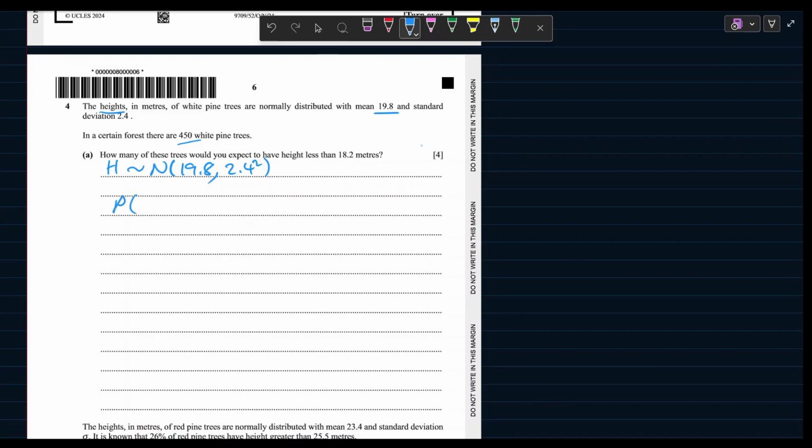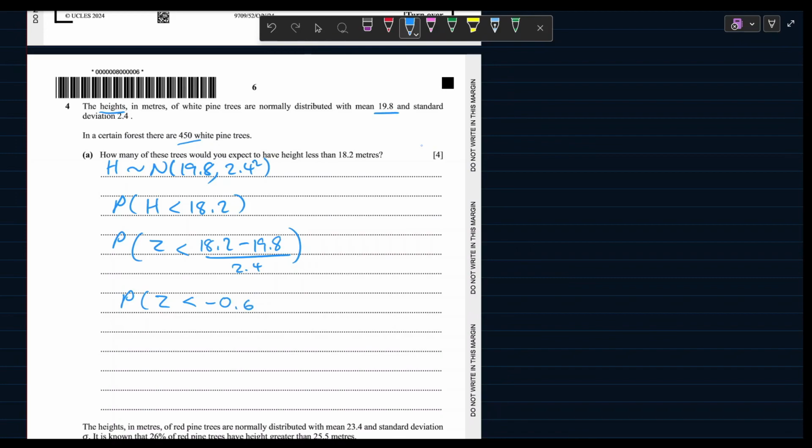Okay, so let's find the probability of one of these trees having a height less than 18.2. So let's standardize. That's going to be Z is less than 18.2 minus 19.8, and this is over our standard deviation 2.4. So that's the probability that Z is less than, let's punch that into the calculator, 18.2 minus 19.8 over 2.4, and this gives us